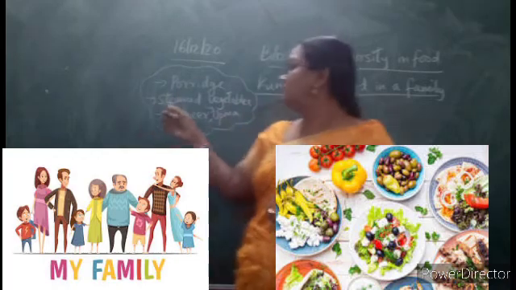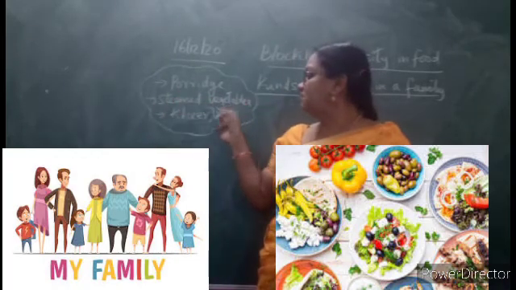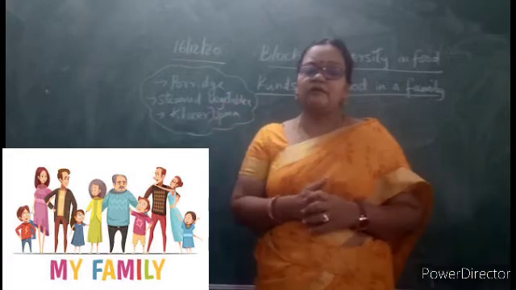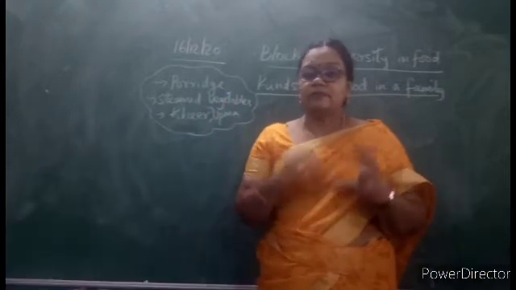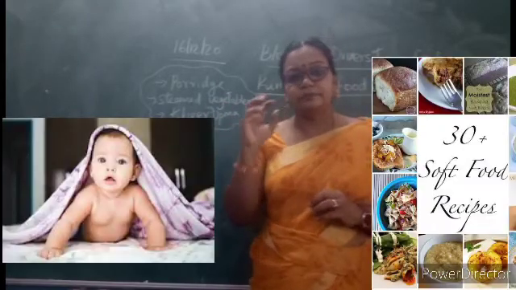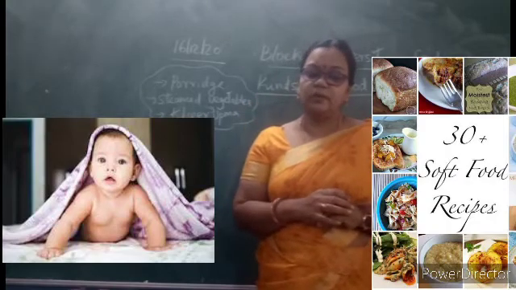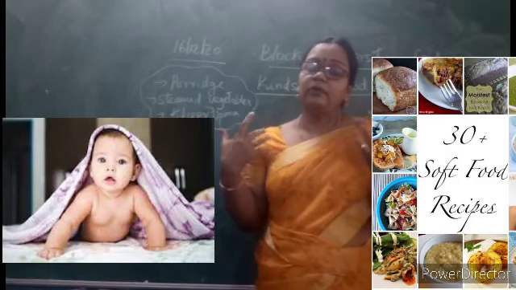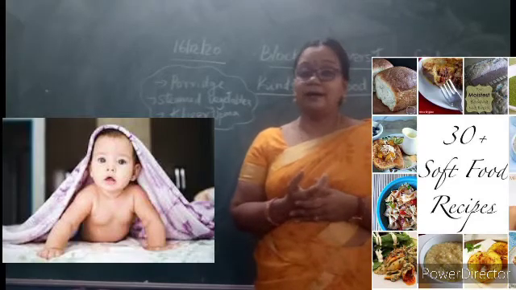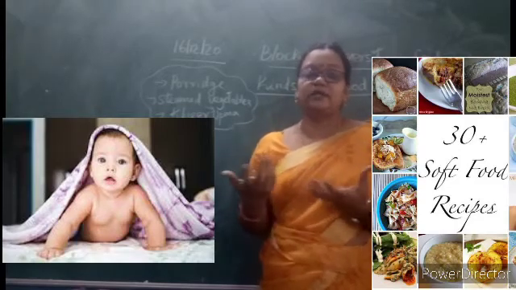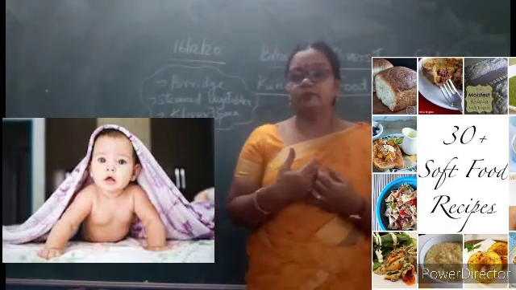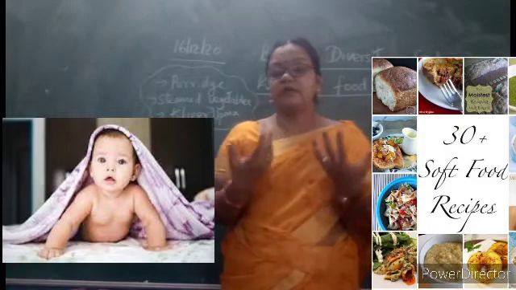Now if you see the keywords, you can see porridge, steamed vegetables, kheer, upma and all. From this you can identify some food items which are preferred by the very small children at home. Some can be eaten by the old people, but the wide variety of food can be eaten by the adults, like your uncle, aunt, father, mother and all. Why this difference? It is because we eat food for getting energy to do different types of work.